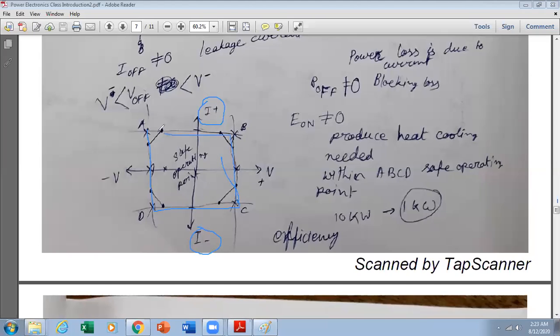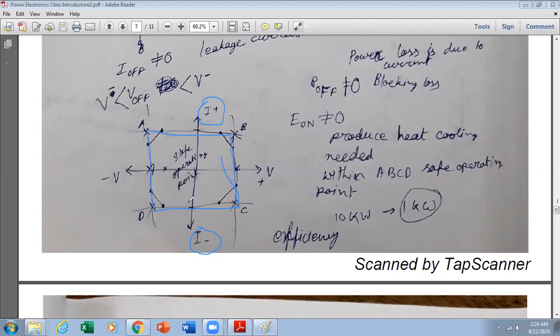Here, this is the safe operating region. Now, you cannot take the whole square portion of this safe operating region. Why so? Because suppose your device is rated at 10 kilowatt, but it is not an ideal device, it is a practical device, so it must have some losses. Suppose it has such a loss that you have developed 1 kilowatt losses, and it is rated at 10 kilowatt, and if you work